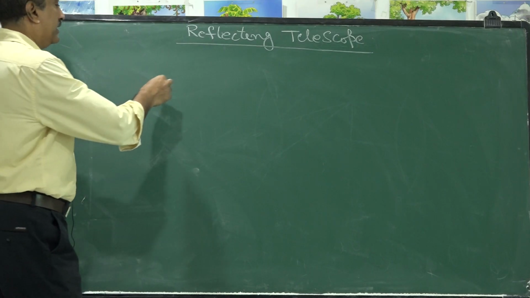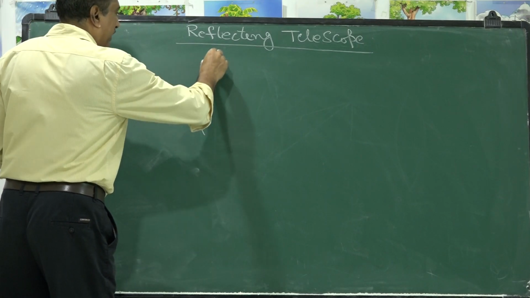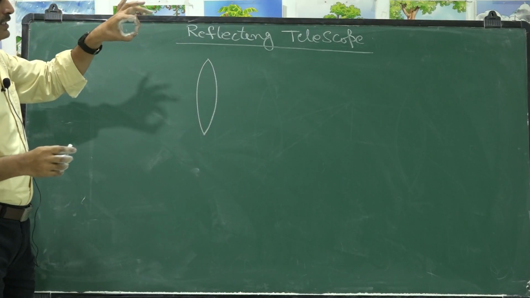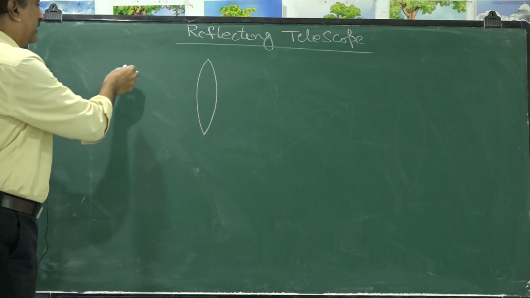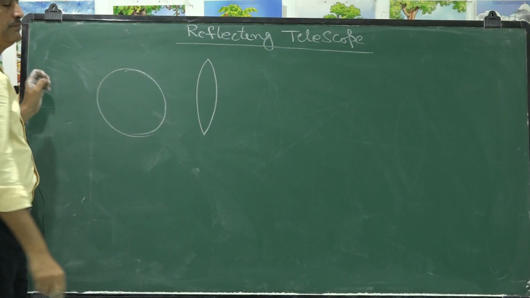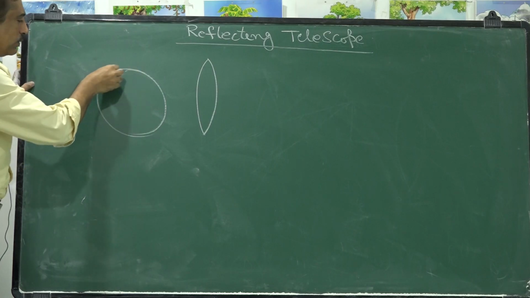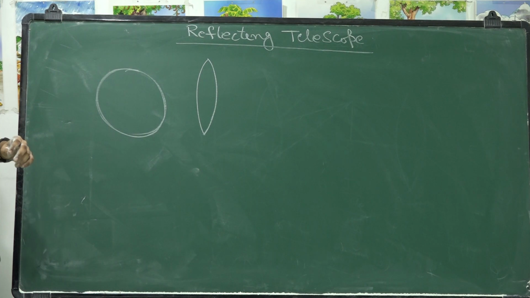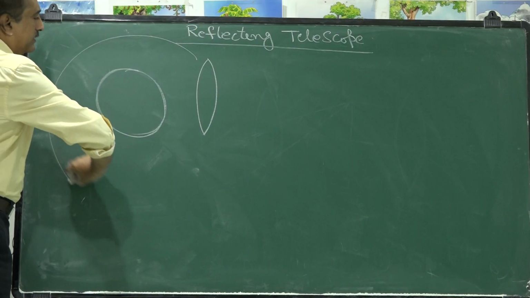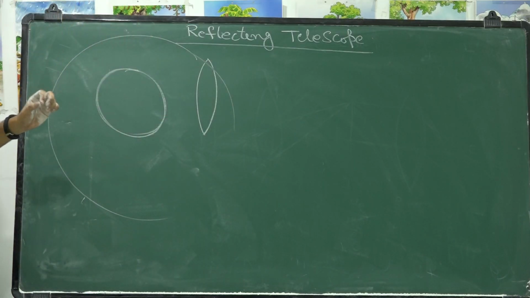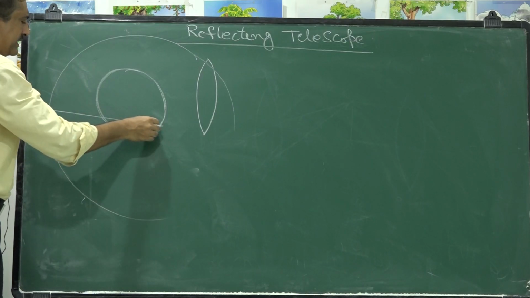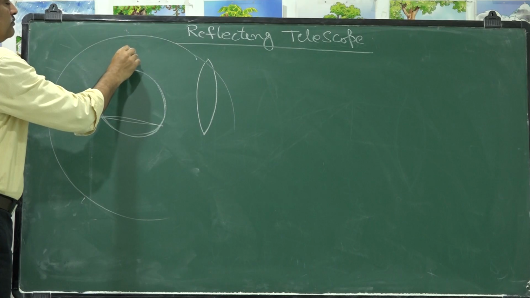It is required that the aperture be large. Aperture is nothing but, actually we represent a lens like this, that means this is the side view. But if we take a lens like this, it appears in a circular cross section like this. So aperture means this total area through which light passes through the lens. So the aperture is large means this area must be large. For a telescope, the required aperture is a radius of about 1 meter.